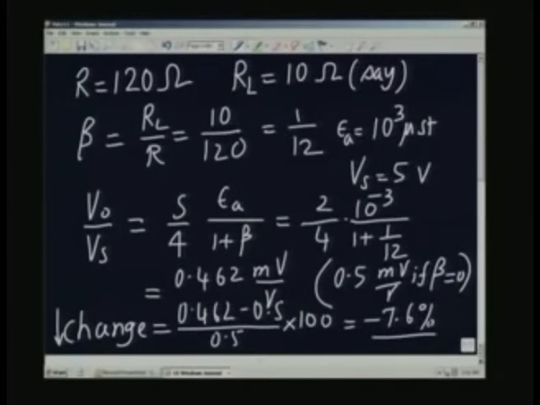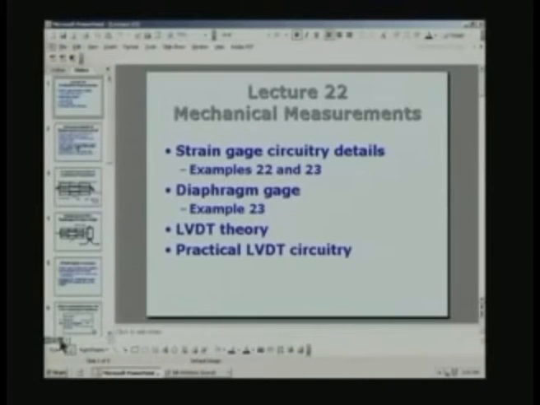In this case, it is going to be 1 over 1 plus beta, where beta is the ratio of the resistance of the lead wire to the resistance of the gauge or the resistors which are used in the bridge circuit. So, with this background, we have basically covered the measurement of pressure using strain measurement using a strain gauge,